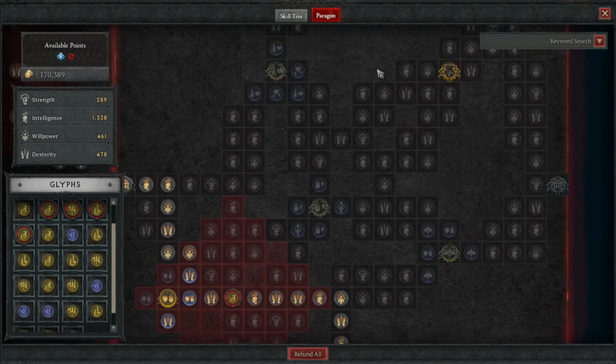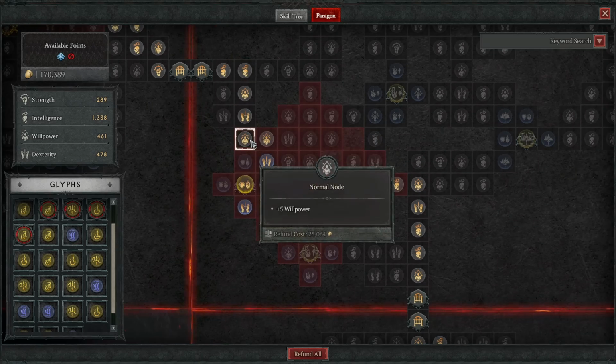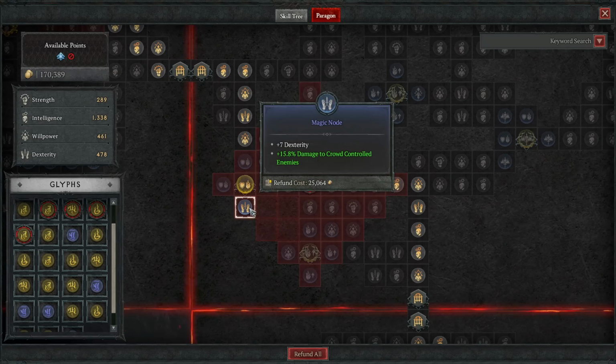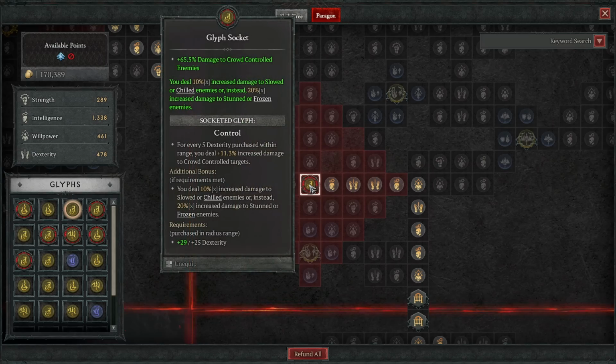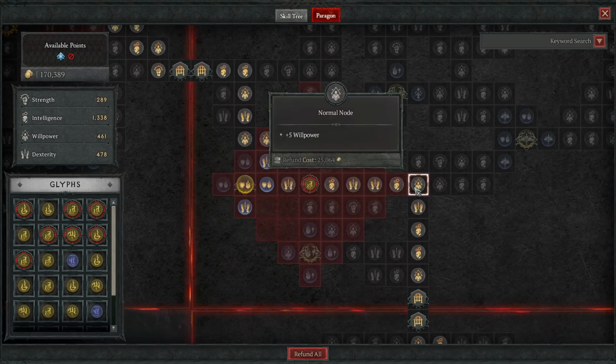This is your Searing Heat. We want the glyph in the bottom left, and then we want to head straight down via here through this dex. Make sure you get ashes so you can then get this dex, and then we head to the glyph slot where control is. Enemies will always be chilled or frozen, bosses will be during their down state. It's a big increase, and then we continue straight right through these two decks to activate it to this willpower,